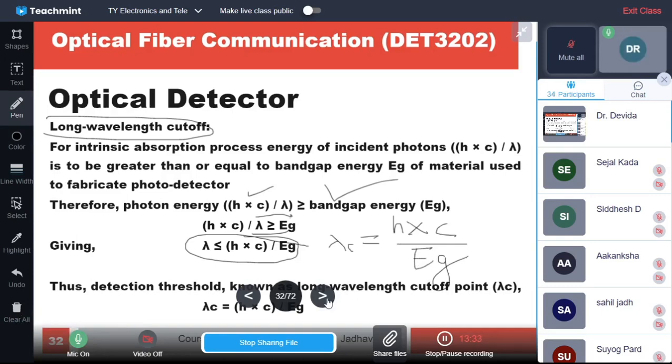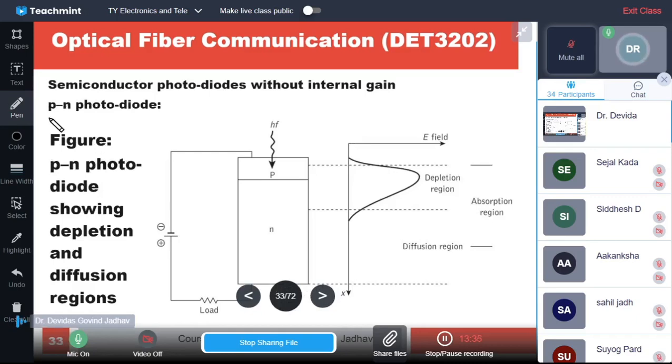Now consider a photodiode in which p-n regions are there. There is a depletion region creation, and there is a diffusion region also. The absorption region extends into the diffusion region. A photon absorbed in the depletion region creates an electron hole pair, and the electron hole pair undergoes very high drift velocity. But if it is absorbed in the diffusion region, it moves with very low speed. It is a diffusion mechanism. And that's why this device has problems like diffusion tail and very slow response.